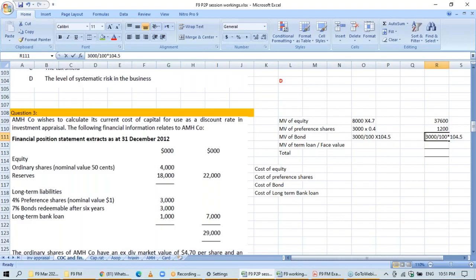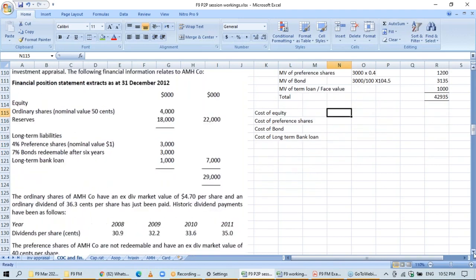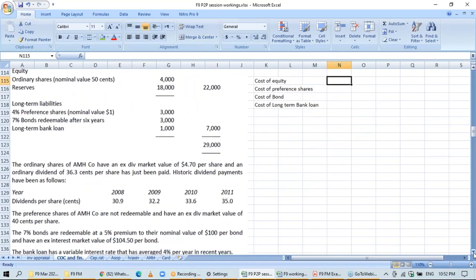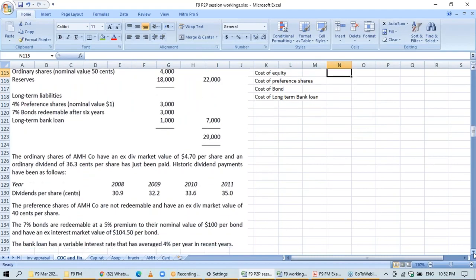So there you go, you get the market value of 3 items, and the market value of the 4th item is same as the face value, which is 1000. So the total market value of all the items is 42935. This is the total value. Now moving on to the cost of equity. Now which method will we be using for calculating the cost of equity? The dividend growth model again, because